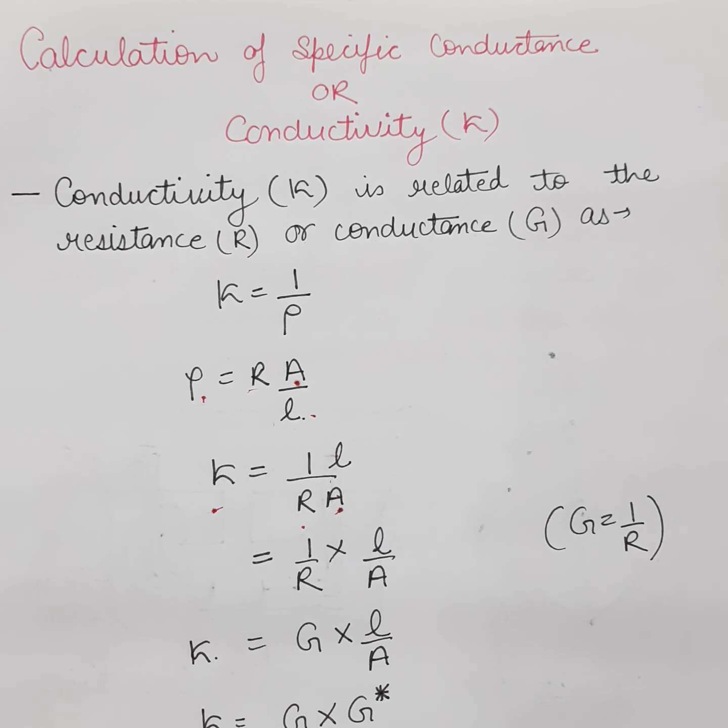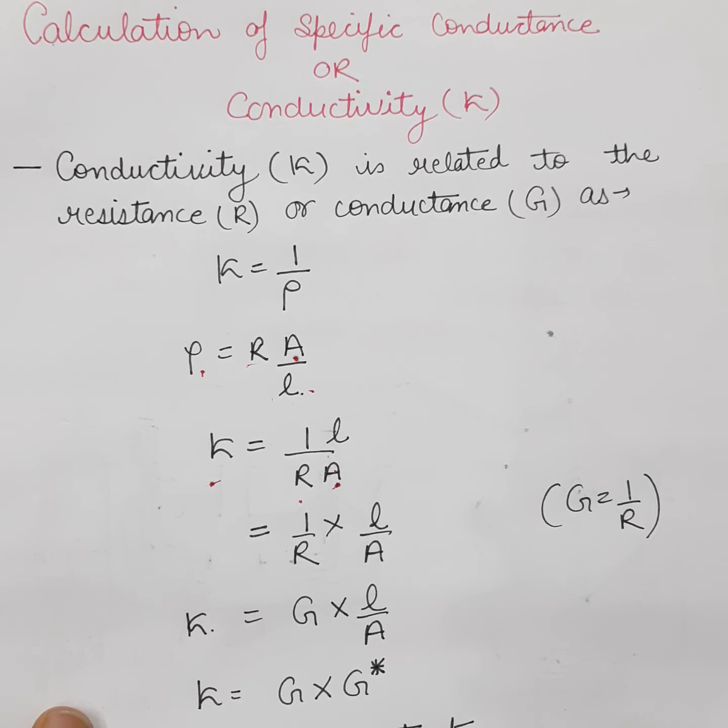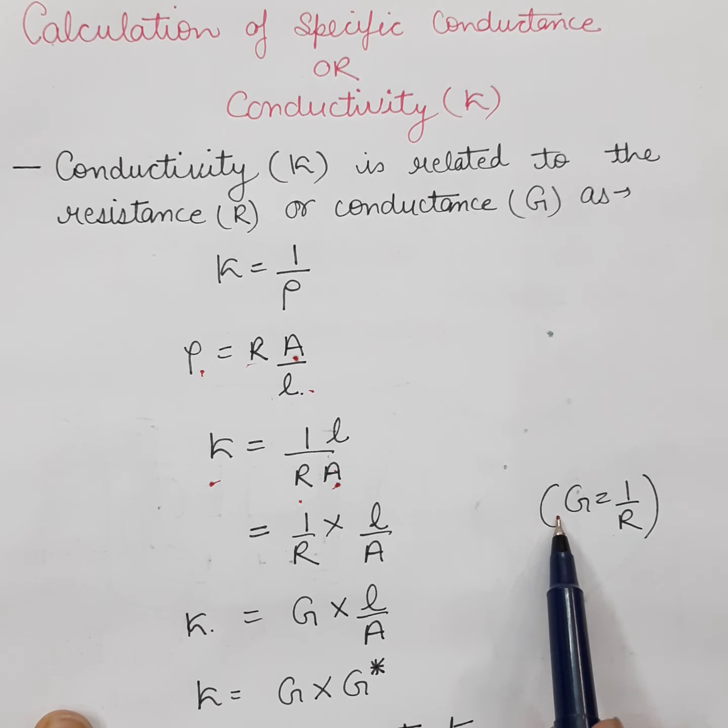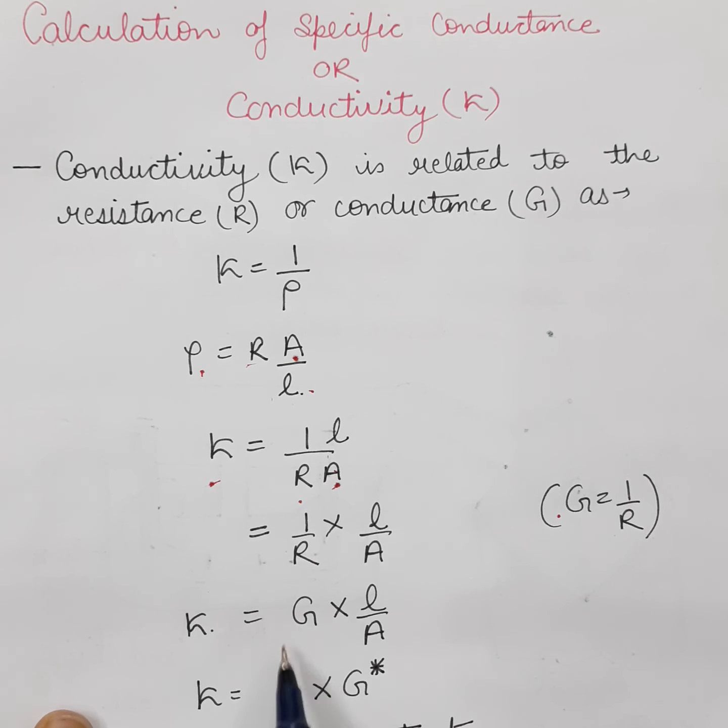Okay, now what I did is, in the next portion I separated these two, that 1/R is multiplied with L by A. We all know that the reciprocal of resistance is known as conductance, so that's why I'm putting capital G over here, and L by A is known as another constant which is known as cell constant, students. So I'm going to write it here, that G star is known as cell constant.